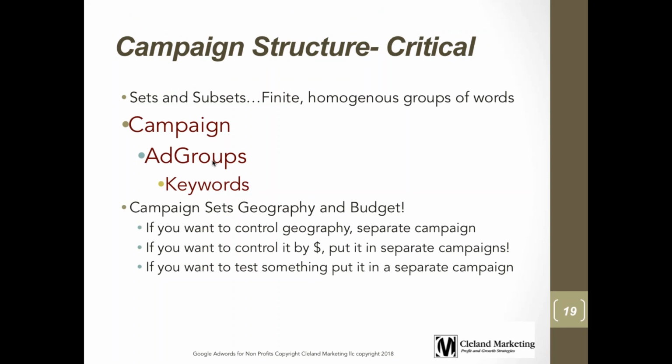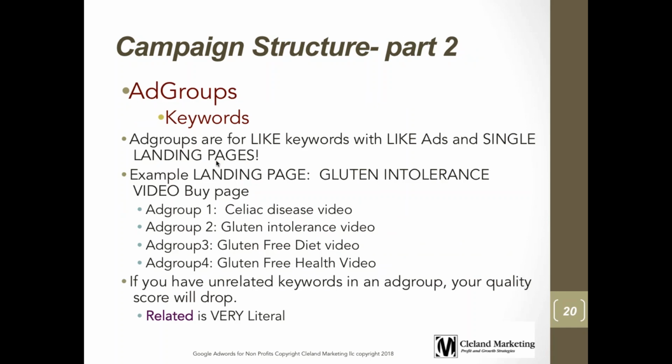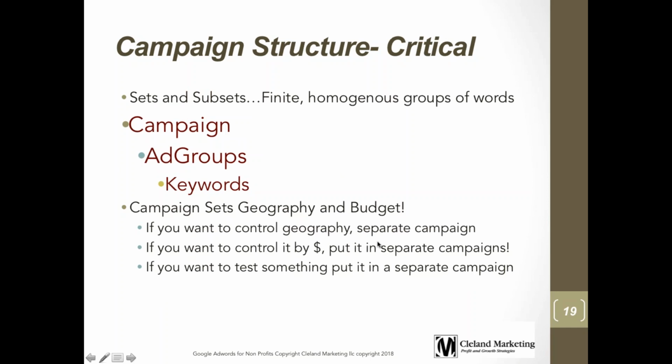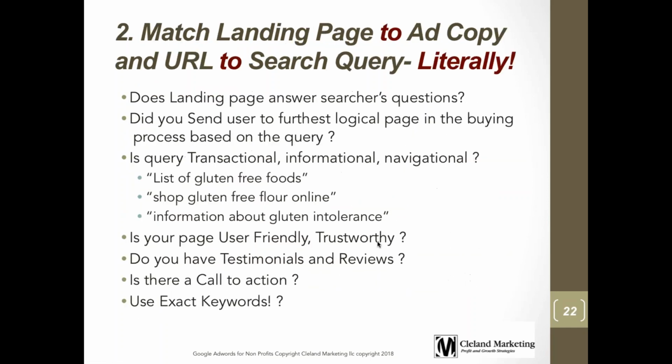So if you've got an ad group that's all about an event that you have, you want to make sure that when they land, they don't land on your general events page or a general page that includes events. You want to land them on the specific event that that ad group is about. So if it's a theater show, you want to make sure that it is landing on something that has the specific information about that. My previous AdWords training got into campaign structure and setup, and so I am not going to go into that at this point,